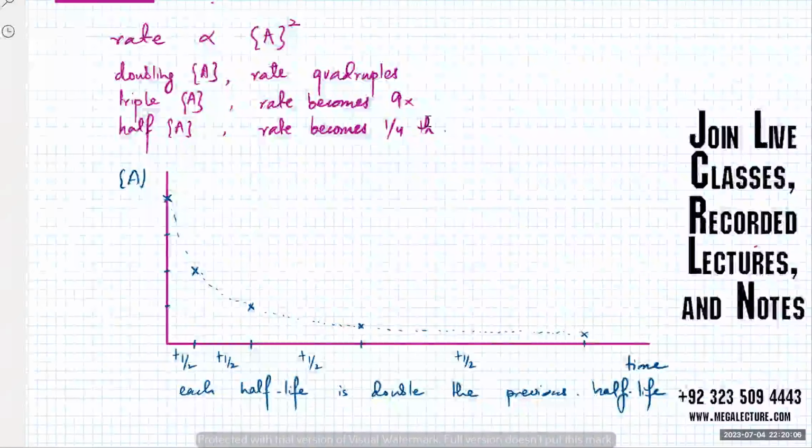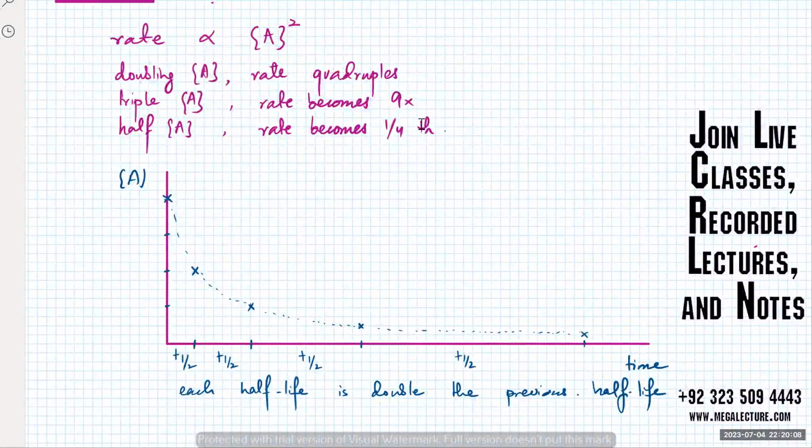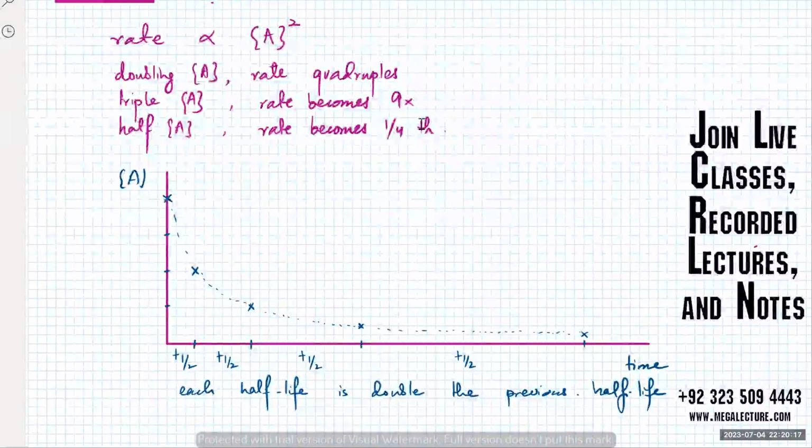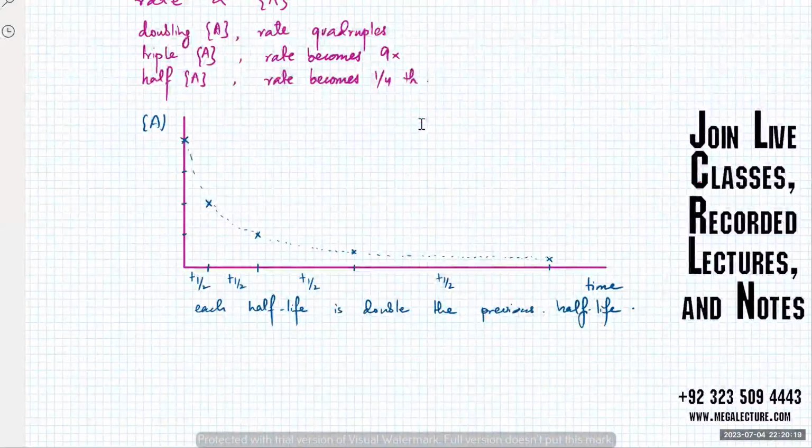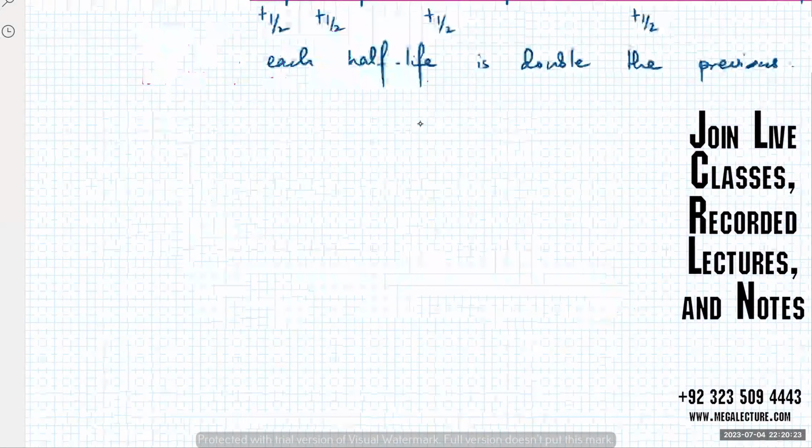If you halve it, it's going to become 1/4. So it's going to take a much longer time, and so the half-life continues to double. Okay, is this also clear? Yeah, it's clear. So now we're going to link it with the second part, which is that